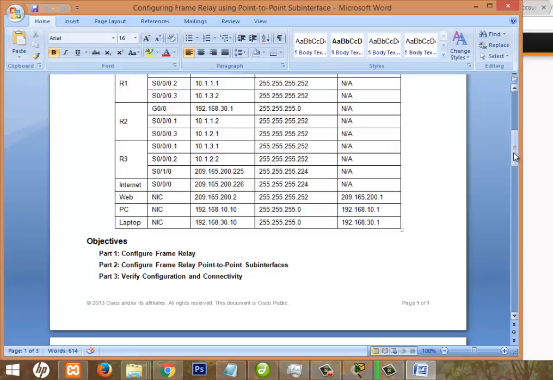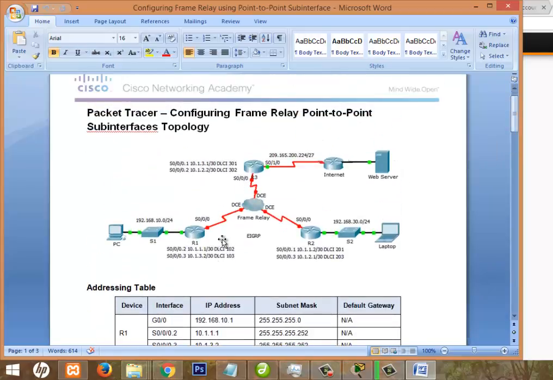If you look at the network, you can see two different lines. These are the different sub interfaces which we are making for each interface. For example, here you can see 0/0/0, so we are making two interfaces. Since we are making two different interfaces from a single interface, we call them sub interfaces.